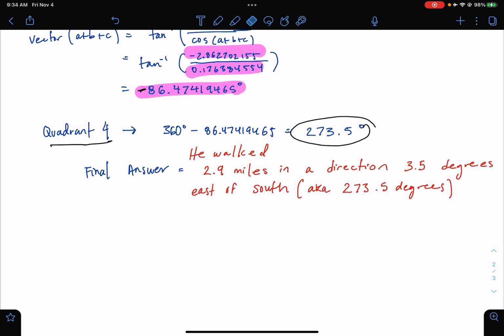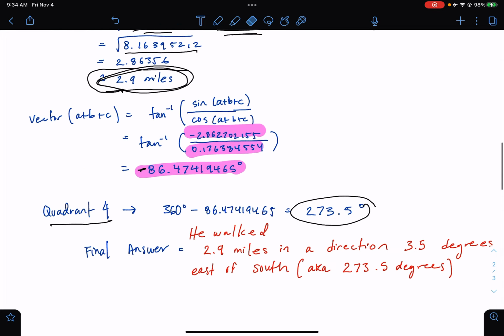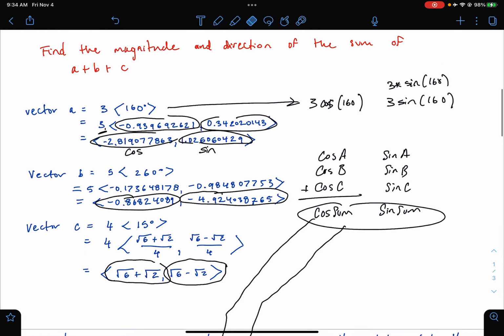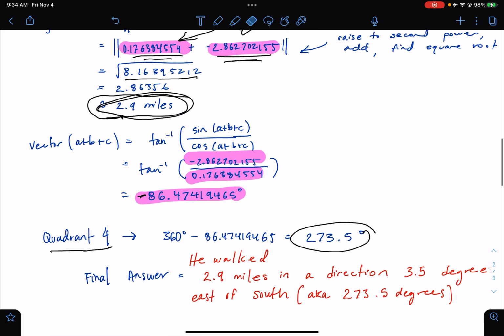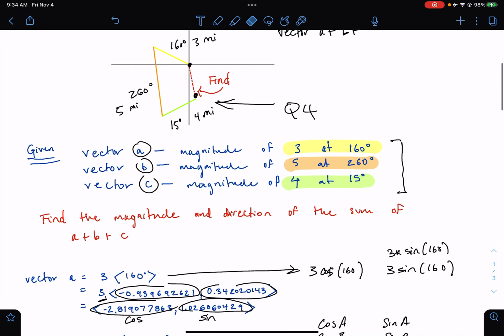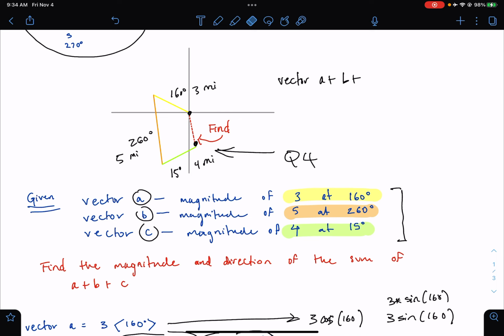So what we know is that this hidden angle that we've been trying to find is 2.9 miles at